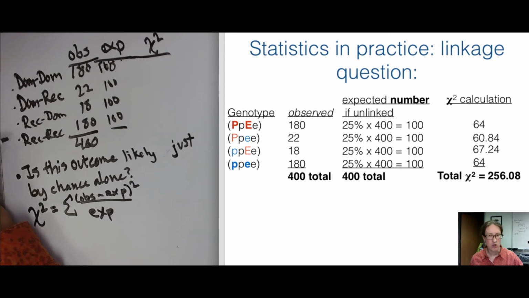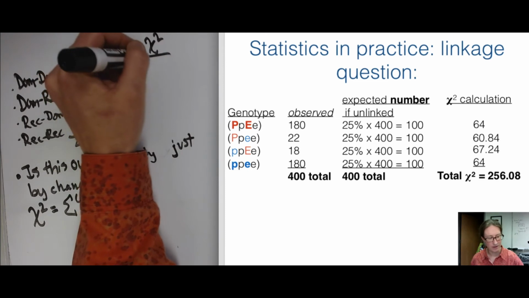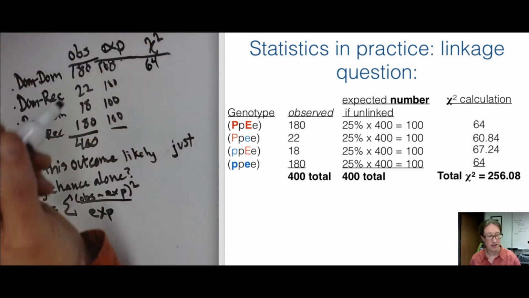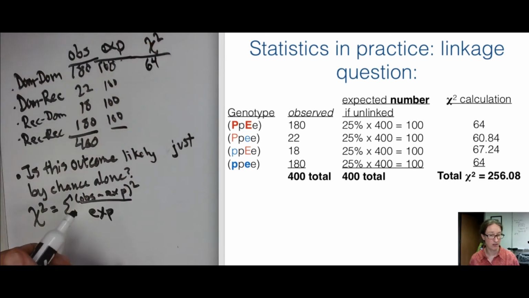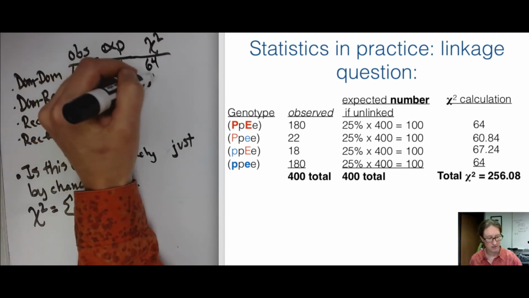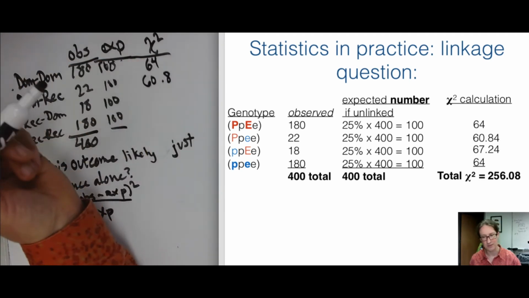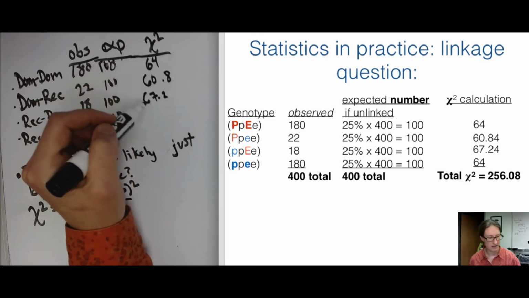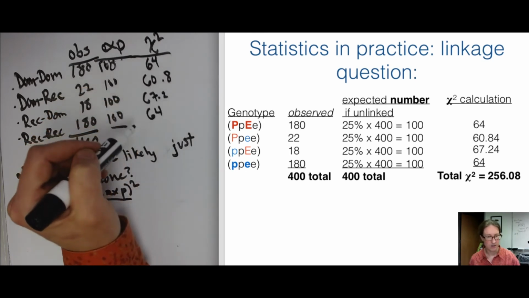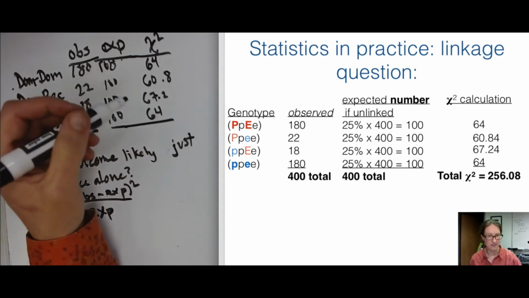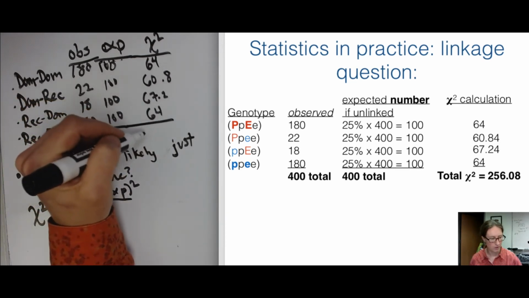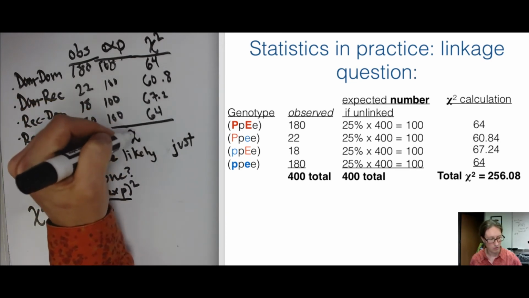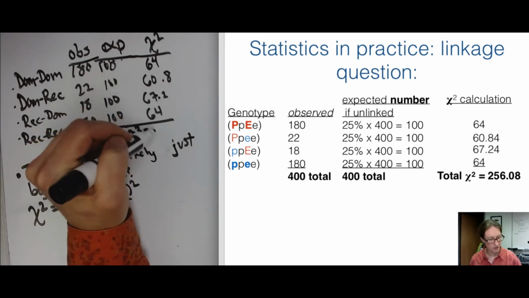To simplify the number crunching, what that will wind up giving us is chi-squared numbers of 64, 60.84, 60.8, 67.2, and again 64. So if we add all of these together, we're going to wind up with a total chi-squared of